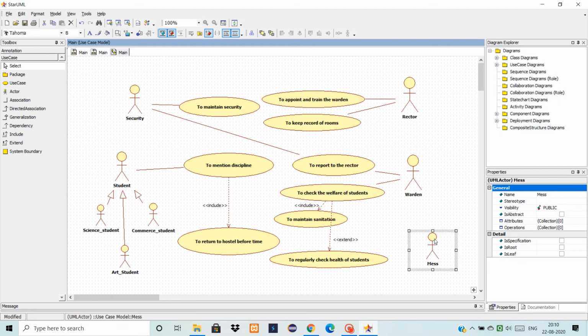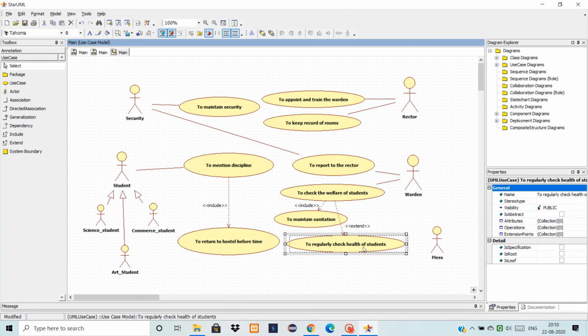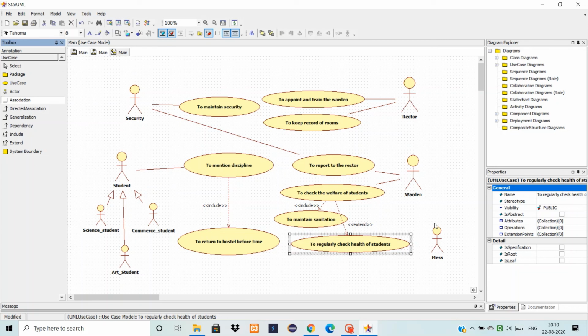Now mess is remaining. Mess would also be to report to the rector. So you have to show association there as well, because rector is the main handler in the hostel management system. That's why this case is there.